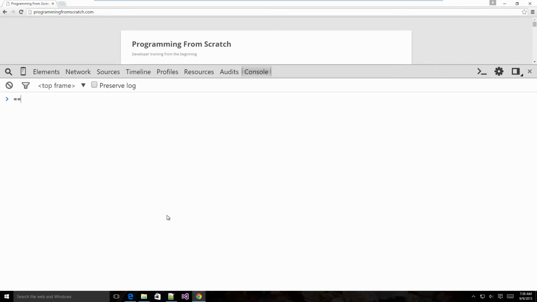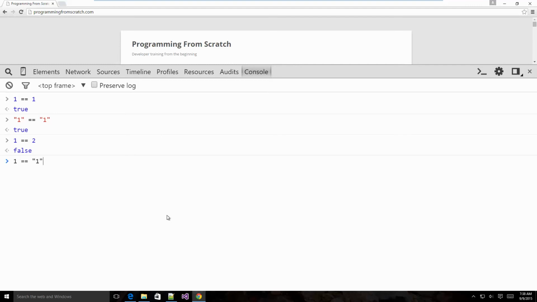symbol. So the way that we use this is we can say 1 is equal to 1, just like that, and it is true because 1 is equal to 1. And it works the same for strings. See? However, if we said 1 is equal to 2, then it's false. All right. So JavaScript does something a little different with its double equal symbol, and that is that I can